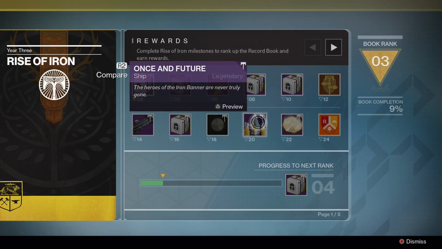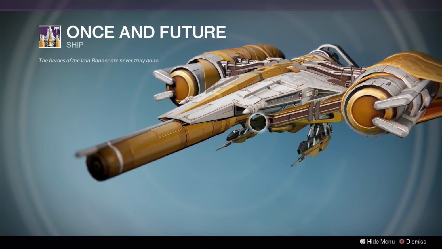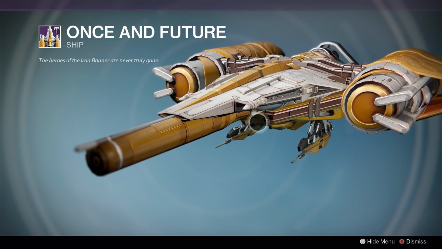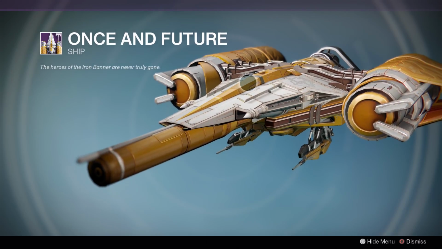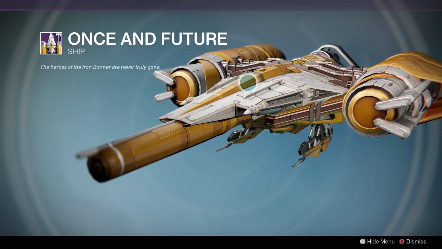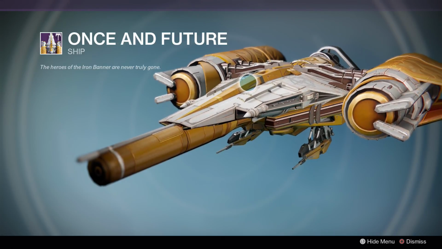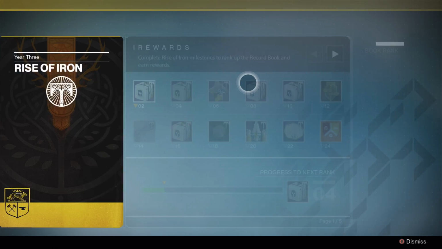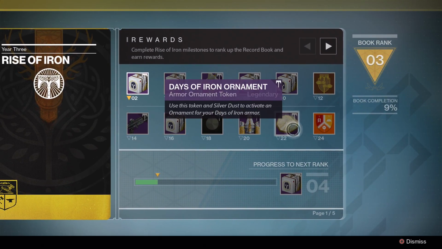Once in Future ship, this is sick. It's basically the ship that you start out with, with a different skin. At least that's what I think, because that's what it looks like. It looks like the Arcadia jump ship, but it's gold, which is badass. I want this ship. And then you get the Days of Iron ornament, which is an armor ornament token, which